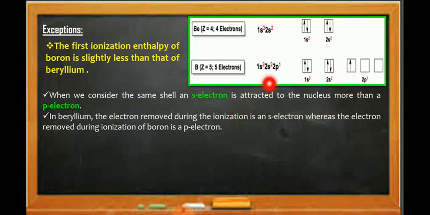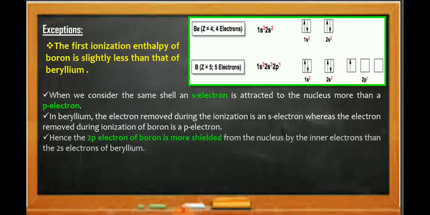So in the case of beryllium, the 2s electron is removed. In the case of boron, the last electron, the 2p electron, is removed. In beryllium the electron removed is an s electron, whereas in boron the removed electron is a p electron. Hence this 2p electron in boron is more shielded from the nucleus by the inner electrons. These inner electrons will shield, or screen, the outer electron from the nuclear